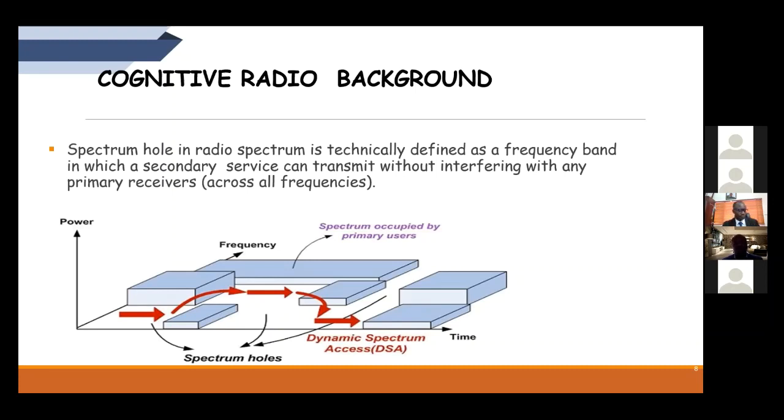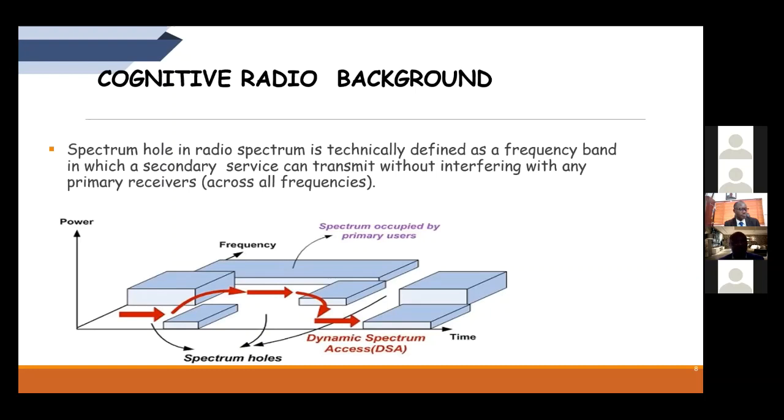So on its own, it can understand that that spectrum is available, and it can use it for a service and return it to the licensed persons